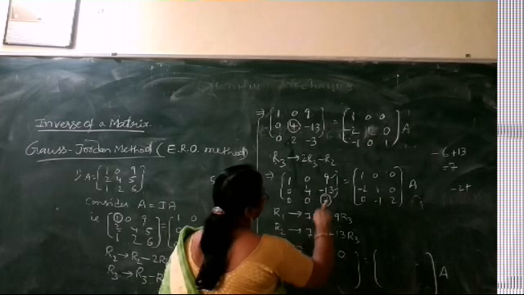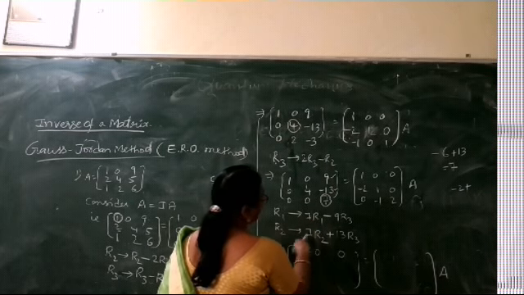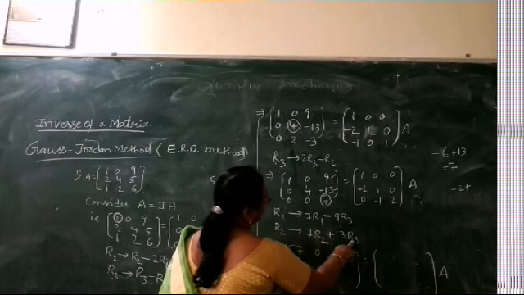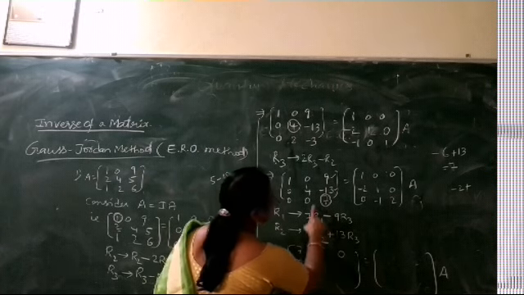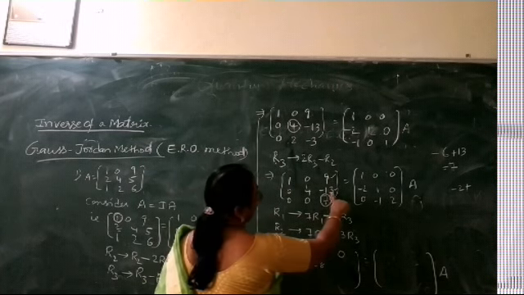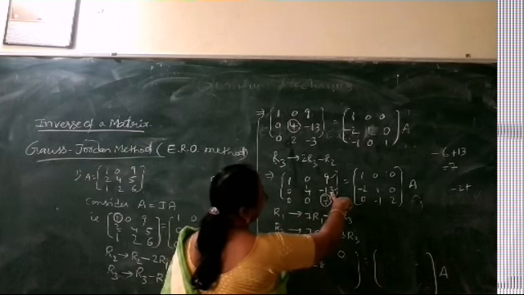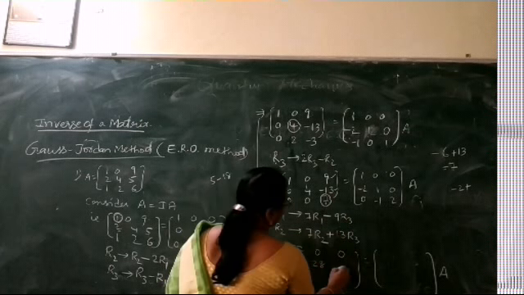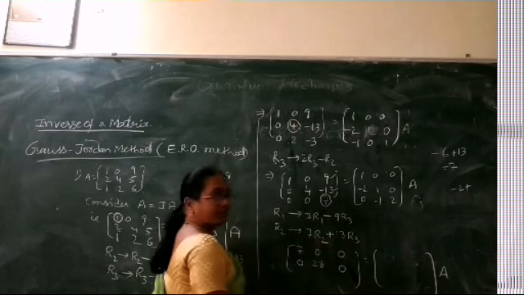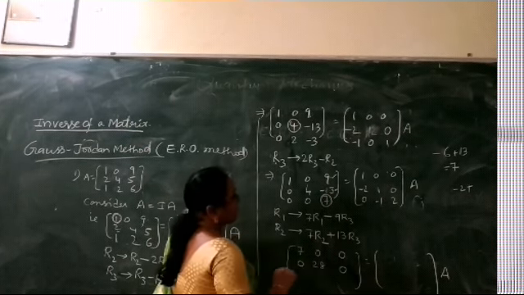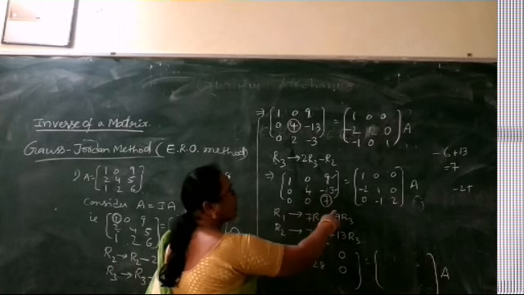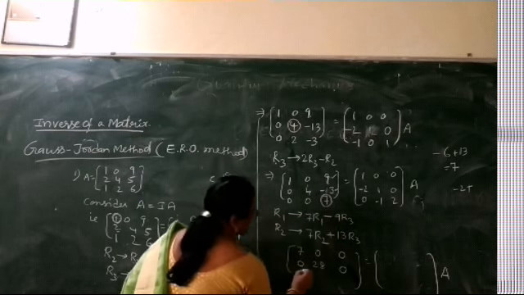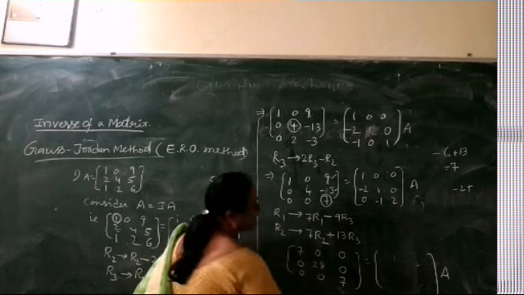Next it is 7 into row 2, 7R2 plus 13R3. So 7 4s are 28 here plus 13 R3 is 0. Next it is minus 30. We made it 0 by our choice of this row transformation. And the last row is not changing here. We did not apply any row transformation. So it remained the same, 0 0 0.